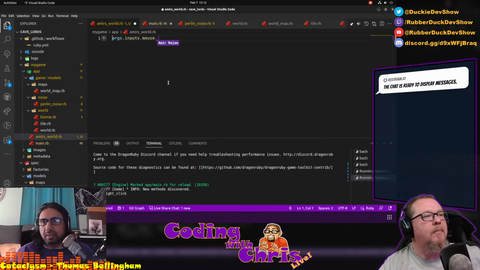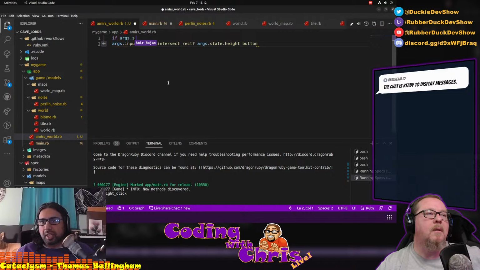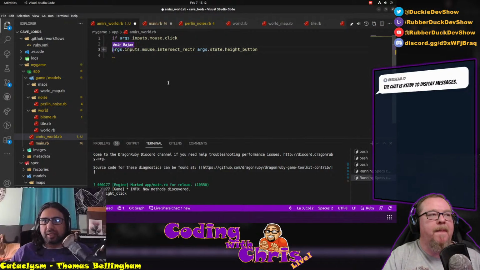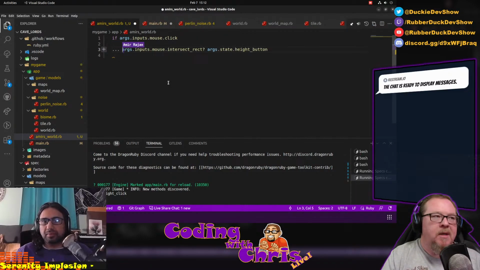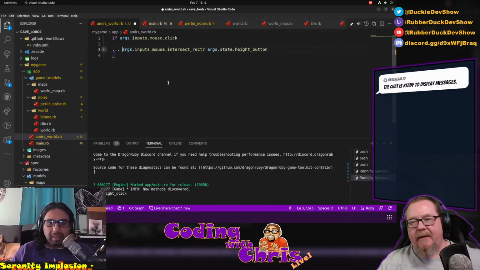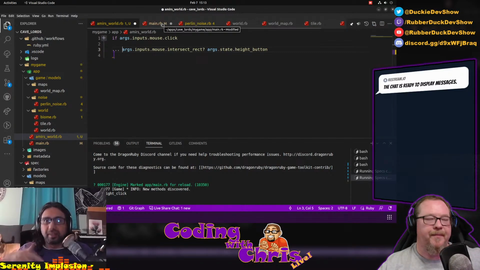Mouse dot intersect rect, and then args.state dot height button. And you only want to do that if args.inputs mouse.click. Right, so if this value is true, then we want to check the intersection. So is my mouse within the bounds of this button? And I've clicked it. First has been clicked, and if it's in the bounds of the button, then we can